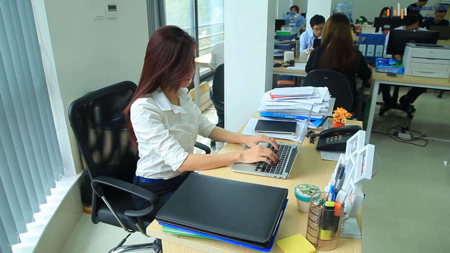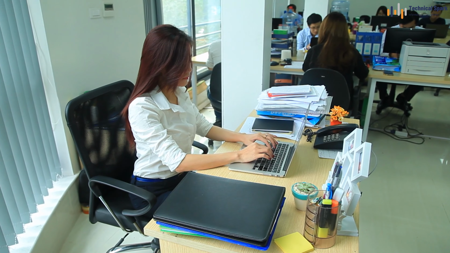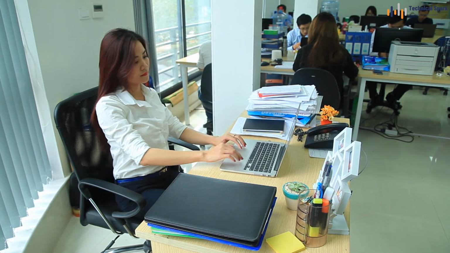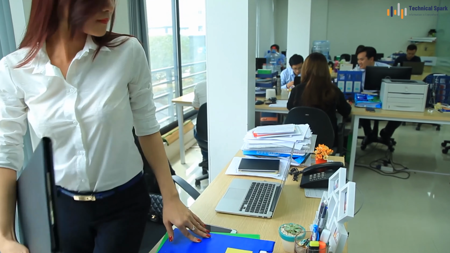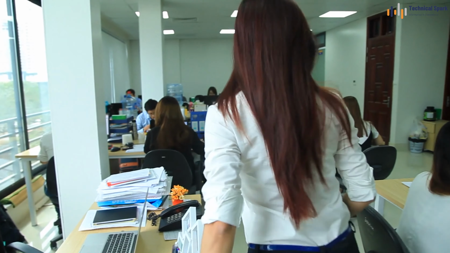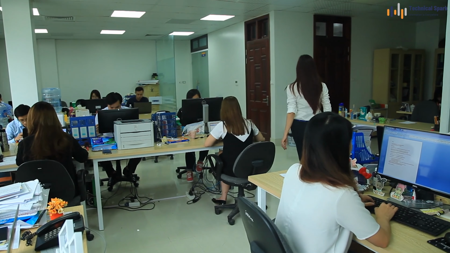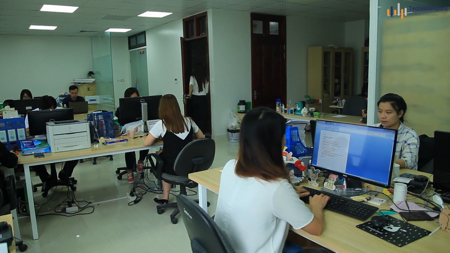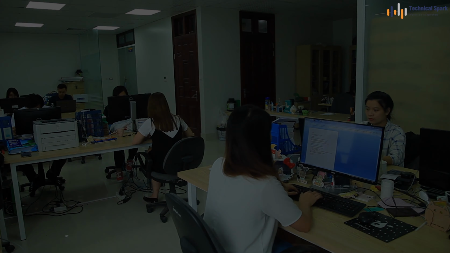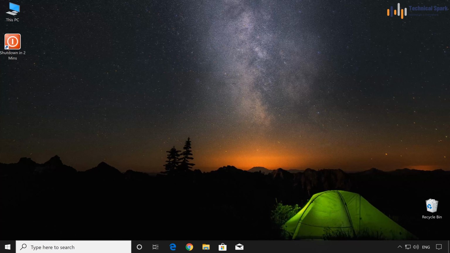This feature is very important guys, because for instance, in the late night you are probably downloading a software which is very big in size and it is probably going to take 3 or 4 hours. So in this situation you can schedule your system shutting down time with the help of this simple trick. So let me show you how I have configured this so you can do the same thing on your desktop and laptop machine. But before starting the video, one small intro video.